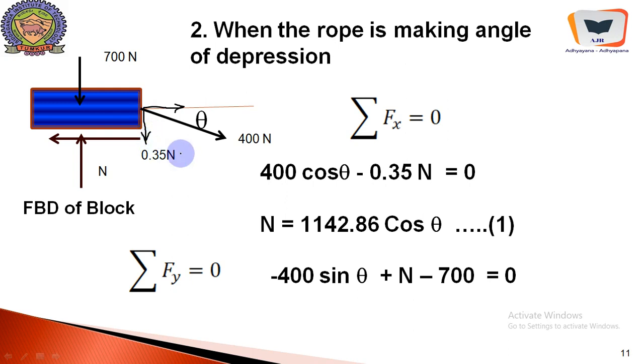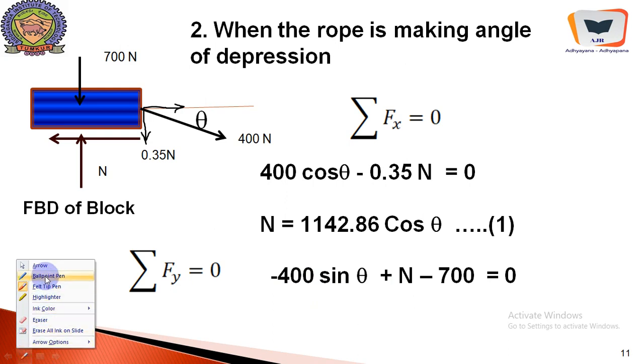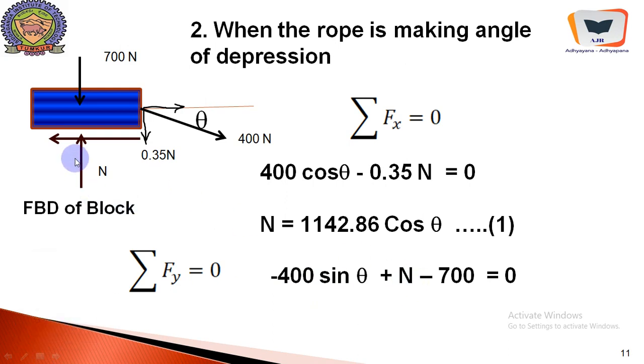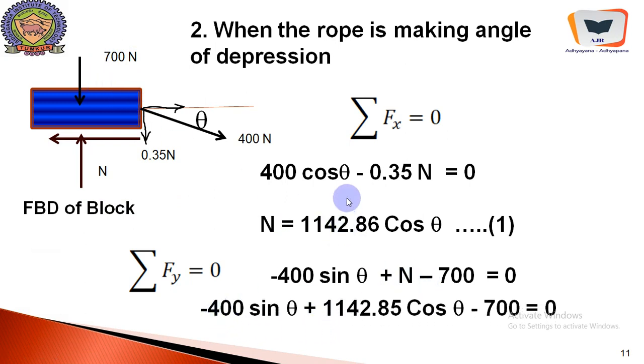You should notice over here, this 400 sin theta will add to the weight. So minus 400 sin theta, plus N, which is going up, minus 700, the weight of the block, equal to 0. So that will give us, and we will replace N by 1142.86 cos theta, as we did earlier,